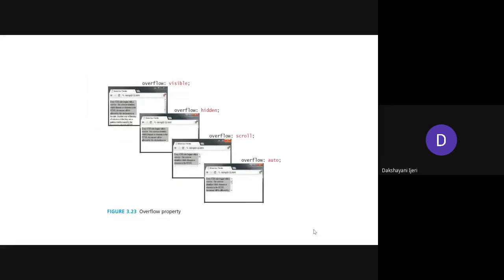Okay. So coming to the next property over here, suppose you have used a background color, or background images, or borders. Whatever content you have used to fill into those backgrounds, if that content is going to overflow, as in this case you can see here, there is a background color that has been set, but the content is much larger than the size you have taken for the background, right? In that case you have several options to specify what needs to be done with the overflowed content. Whether you want to make that overflowed content visible, you can use the overflow property with the value visible.